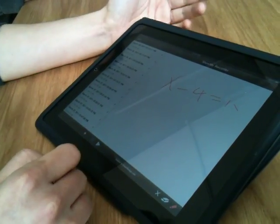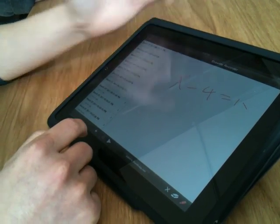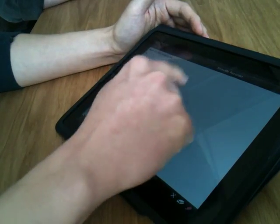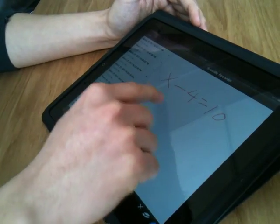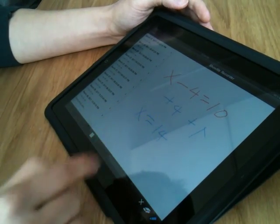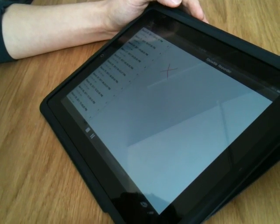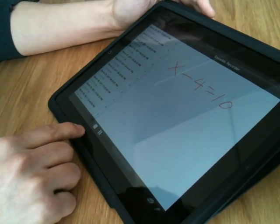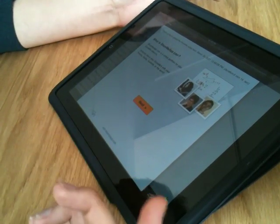And the idea is that teachers and tutors and instructors in general can start to record their own ShowMe lessons and share them online. So you just tap add, and then you start going, x minus 4 equals 10, and I'm going to add 4 to both sides to make x equals 14, and I'm just going to stop that, play it back. So super simple to record these whiteboard-style lessons, and when you're done, you just tap submit to your online profile,